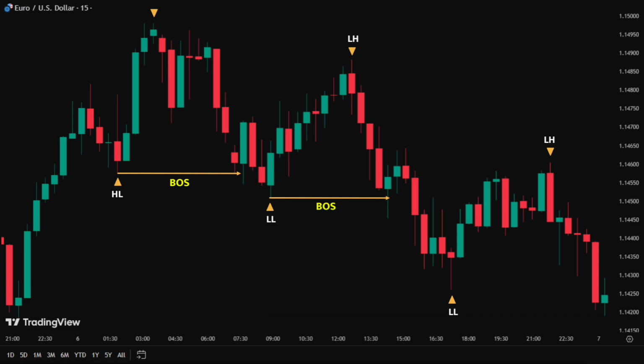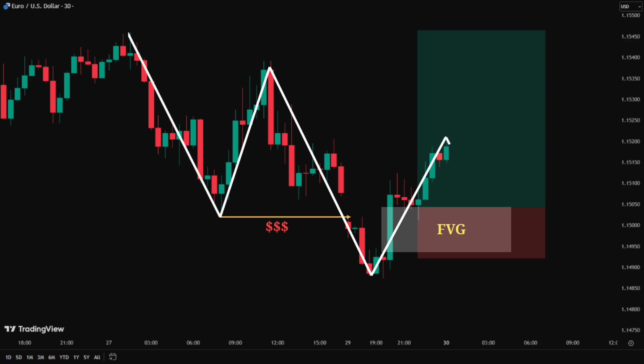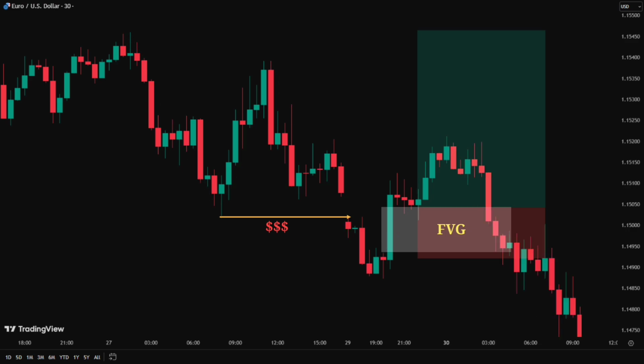Without this information, you are essentially trading blind. You might have a great-looking setup on the chart, but if the structure is telling you the trend is going the other way, the probability of that trade working is much lower. Break of structure keeps you aligned with the direction that has the most momentum behind it.